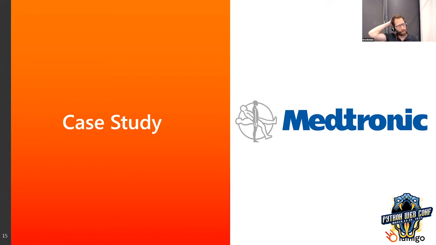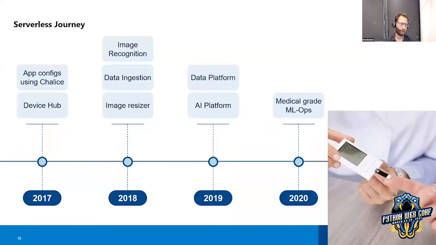I want to take you to a case study that we're now in the process of publishing with a company called Medtronic. Medtronic is one of the biggest healthcare providers in the US. A 30 billion company with over 100,000 employees in the US, and they started their serverless journey.